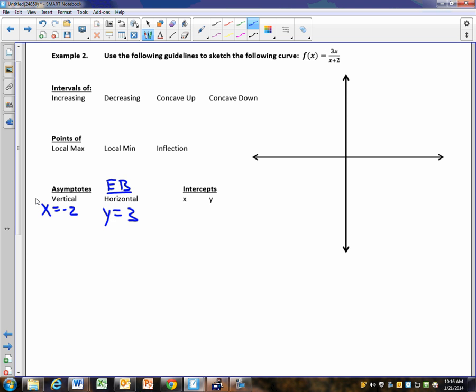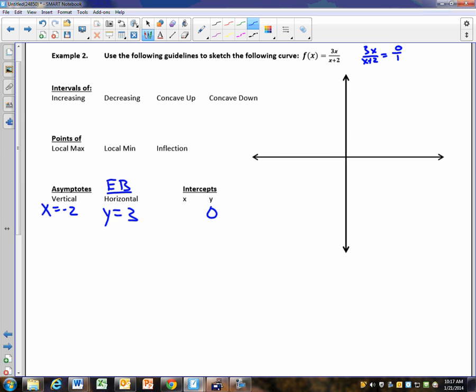X and y intercepts. The y-intercept happens when what is equal to 0? Let's plug in 0 for x. 3 times 0 divided by 2. So the y-intercept is 0. Good. The x-intercept happens when the function is equal to 0, so 3x over x plus 2 is equal to 0